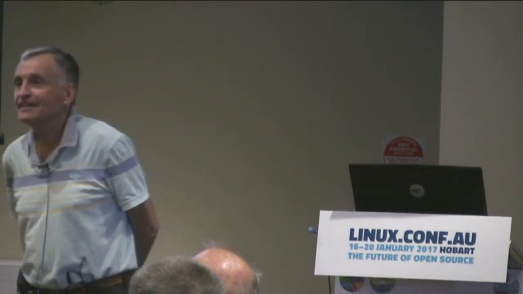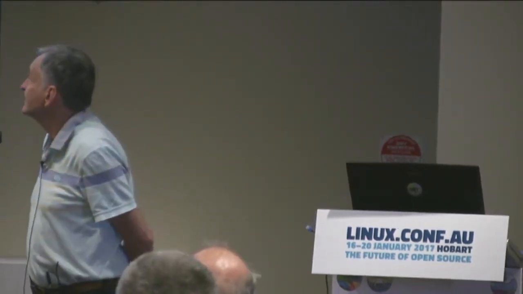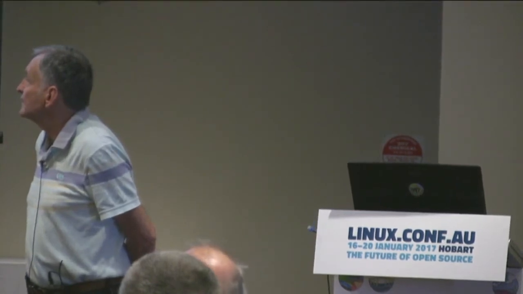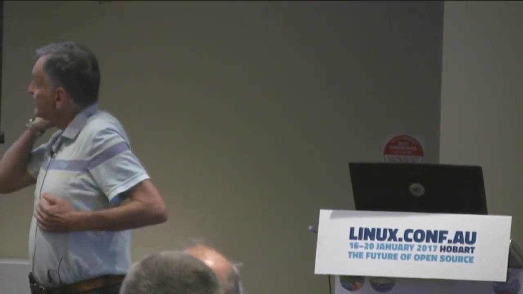So I don't think we can count that as a QRP contact, but it just shows you what you can do with decent dishes. How much gain does a dish like that have? Oh, gee, I've forgotten now. Let's try and do some sums. Oh, no, it'll take me too long. But I think you'd be up around 40 dBi, even at 24 gigs, at 10 gig, at 1296, 23 centimetres, yeah.